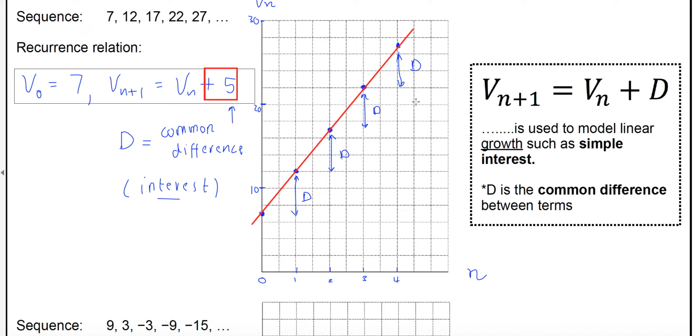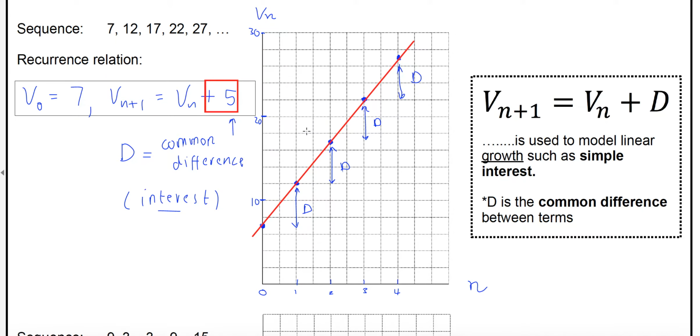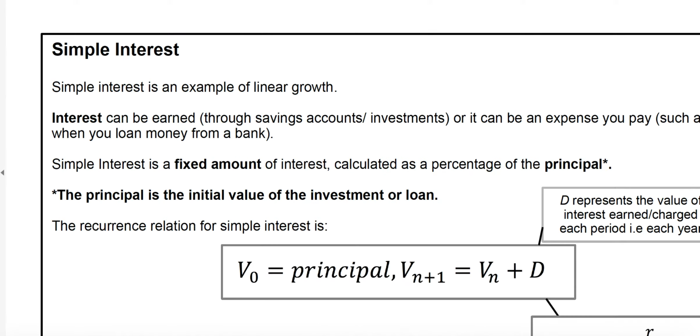on that graph. Now I'll leave linear decay for now because we'll talk about that when we look at those scenarios, so flat rate depreciation and unit cost depreciation. We'll just focus on simple interest for now, and this style of graph is what we'll see with simple interest, and in fact this particular recurrence relation as well is what we'll see with simple interest. So over the page now, we might get into